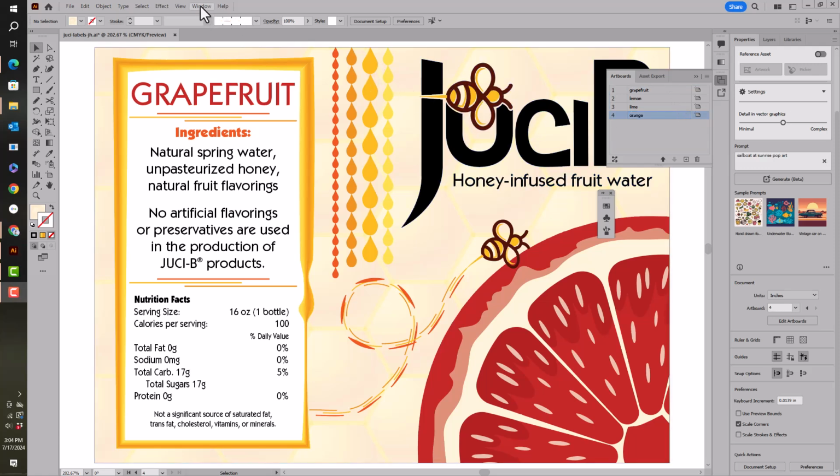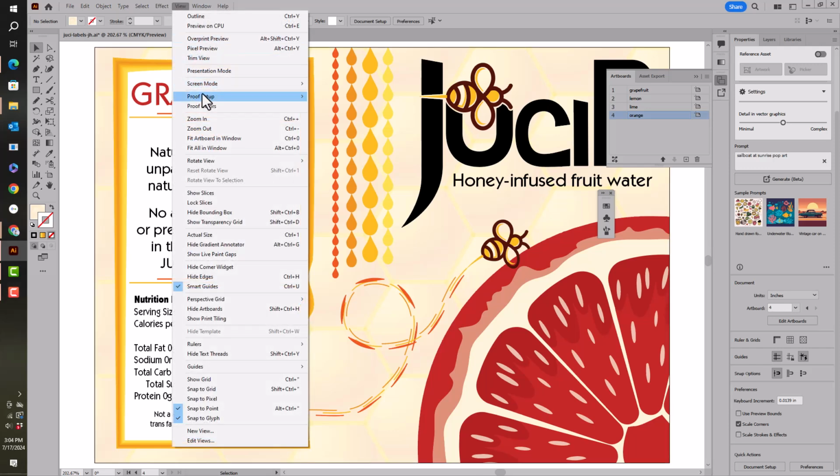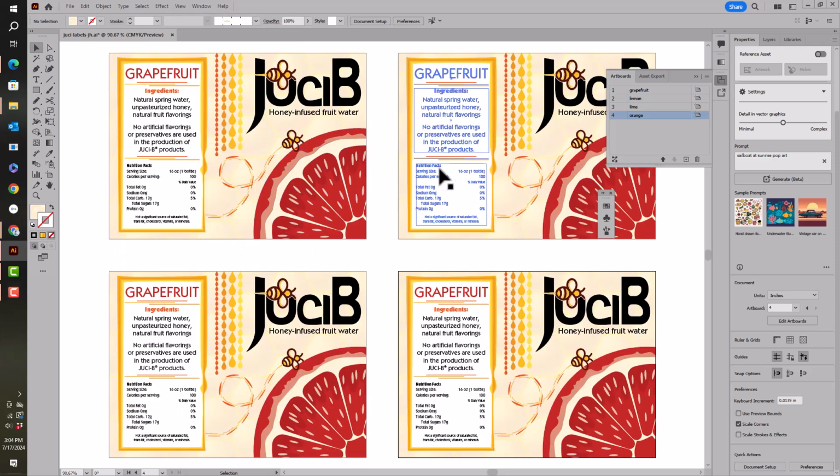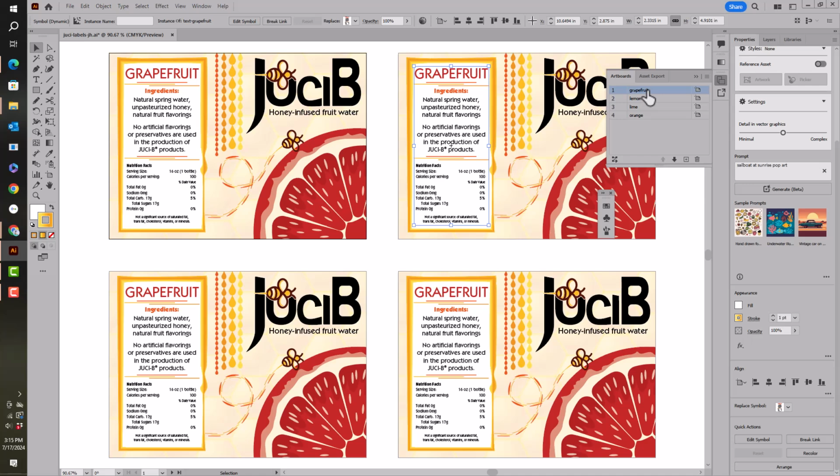Let's go now and do a View, Fit All in Window so we can see all 4 of the artboards. Our first label is set up correctly. It's got the grapefruit image, it's got the grapefruit text. So now we're going to work on the second label, which is the lemon label. We're going to select